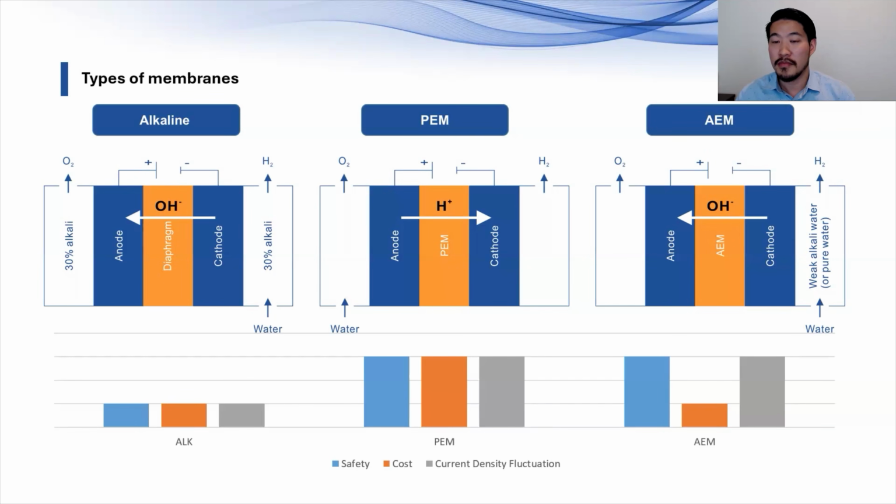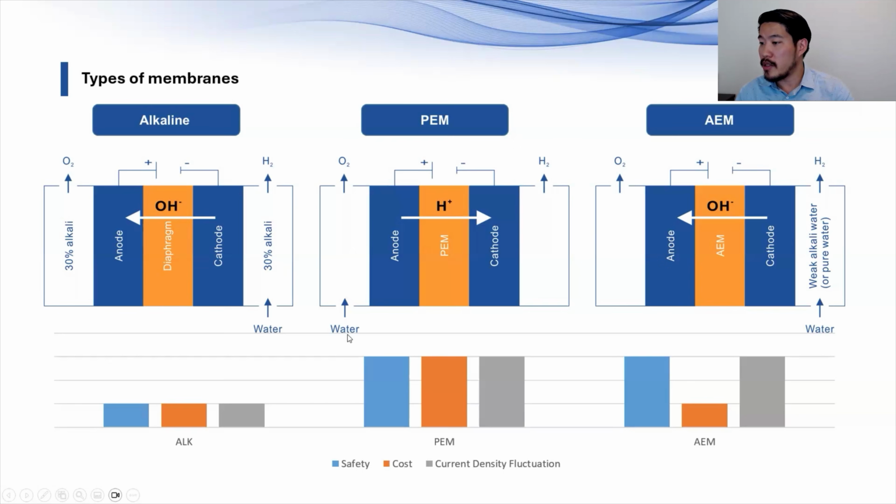So just to understand, what you're showing there basically is a cross section of the cell, with the anode and the cathode being the current bearing part. So electricity is being pushed through there, and then you have the water on the one side, and then the hydrogen which we're trying to generate comes up at the top, and the oxygen mixed with some amount of hydrogen comes out on the left side.